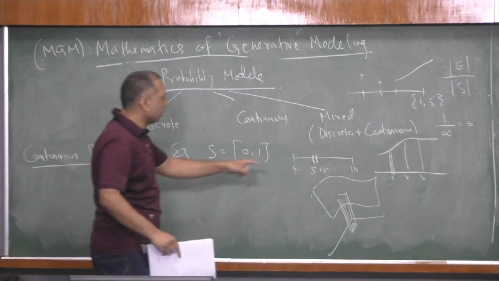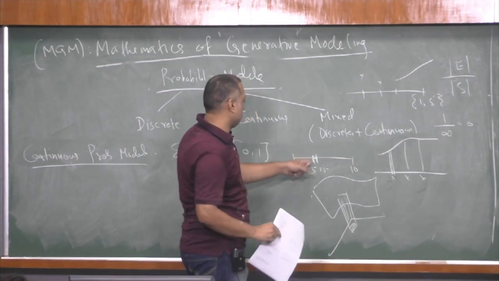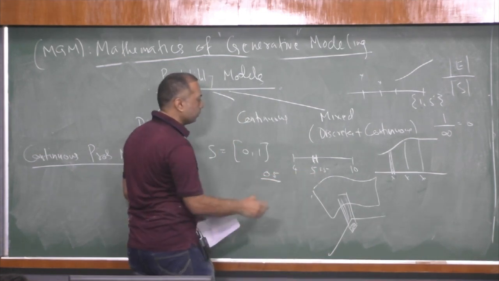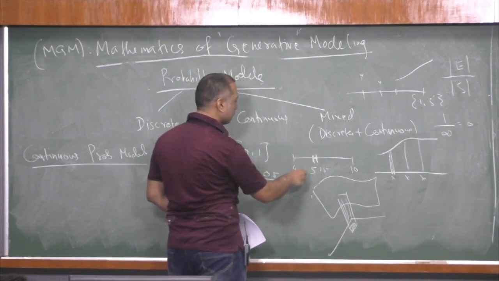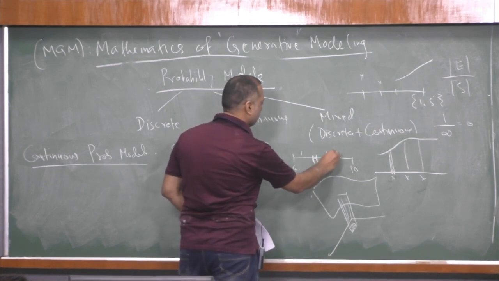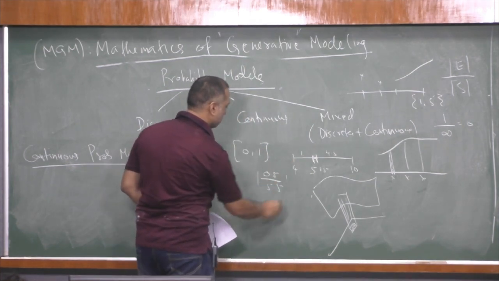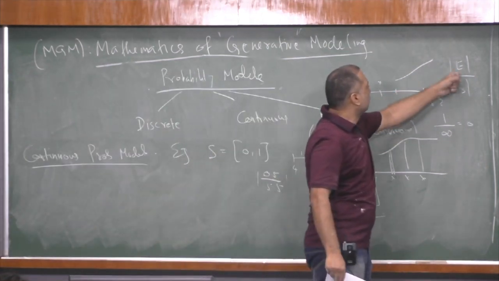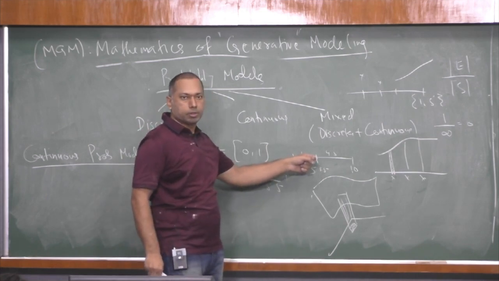The idea changes now. The probability of a number lying between this is a measure of the length of this. So this is 5.5 minus 5, 0.5, and divided by, we have to do some calculation here. 5 minus 4 is 1, so the length of this is 1, and plus 10 minus 5.5 is 4.5, so the total is 5.5. This is what you will report as a probability. So in the discrete case, count matters, and in the continuous case, measure is important.